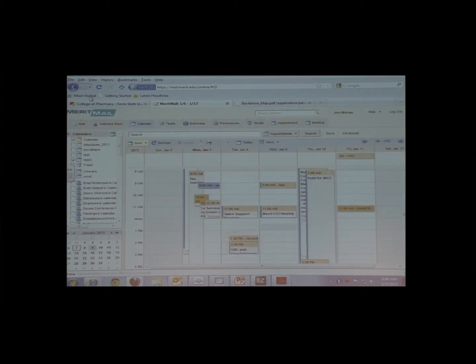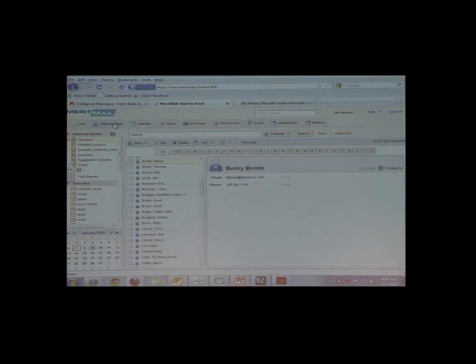I have a question about the calendaring, or an address book, I should say. I didn't notice where you could put in your own private groups and only send it to the 20 people that you invite every month to the same meeting, where I don't necessarily want to share that with the whole university. So you want to create a...